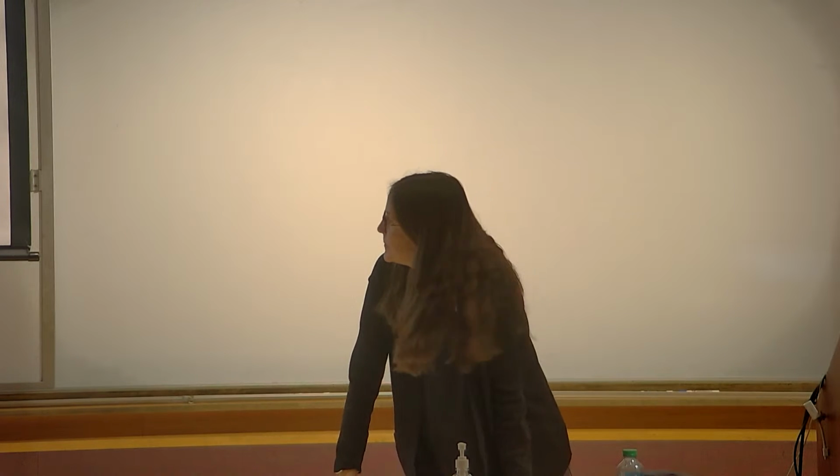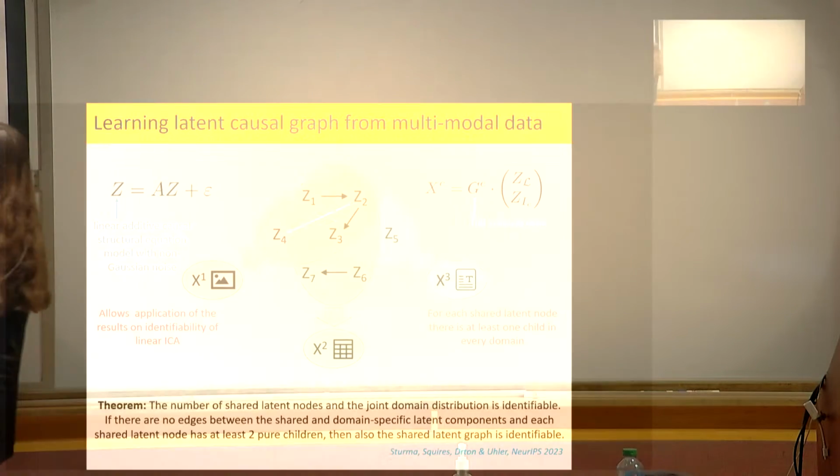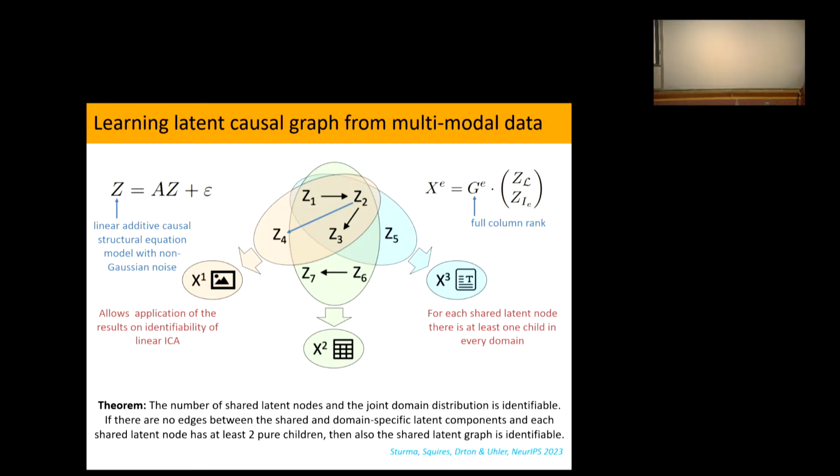I have a question about the identifiability you mentioned. If I understand correctly, you mean reconstructing the causal graph perfectly. It's actually more than the causal graph. I care more about what the latent variables are. Identifiability first means telling me how many latent variables you have, and then what they are. The second part is about the causal graph, but I think the more important problem is to identify the causal variables, not so much the regulation between them.